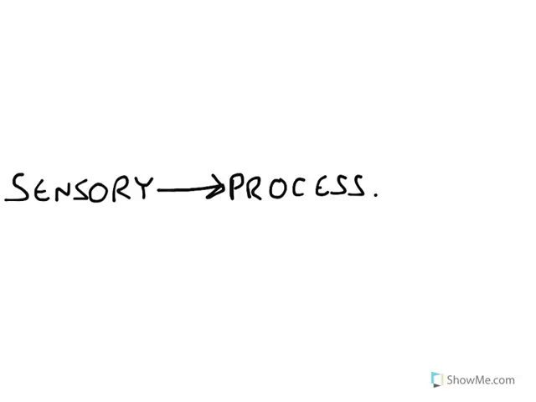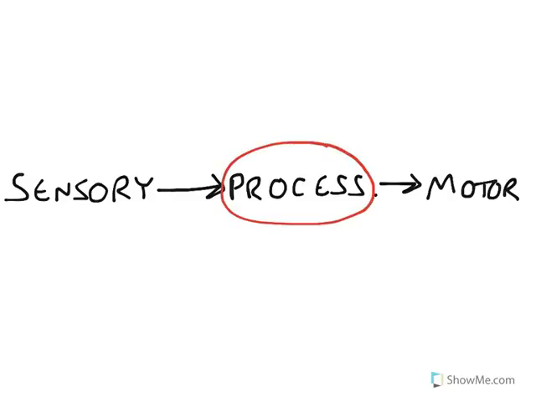And once that information has been processed in the central nervous system, we can then mount a response. We can send signals out through motor axons in the peripheral nervous system to cause a behaviour. So this information then passes on to the motor system. Now, as we've already said, the information processing takes place primarily within the central nervous system,